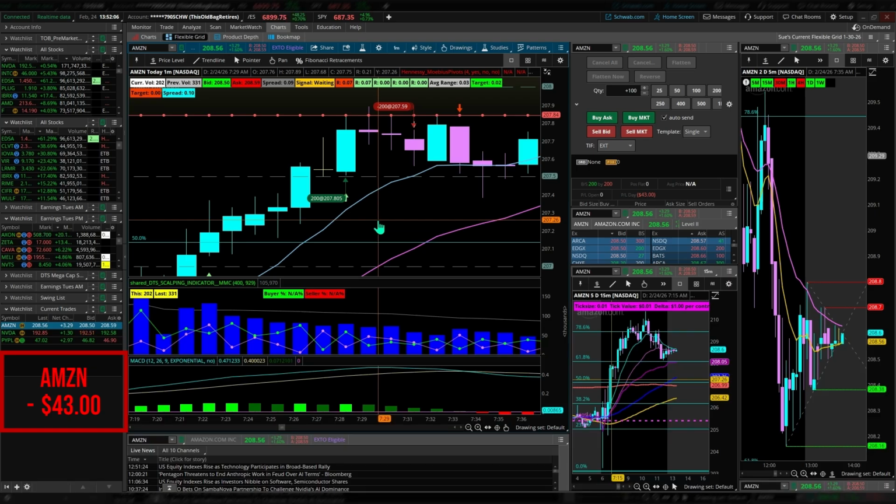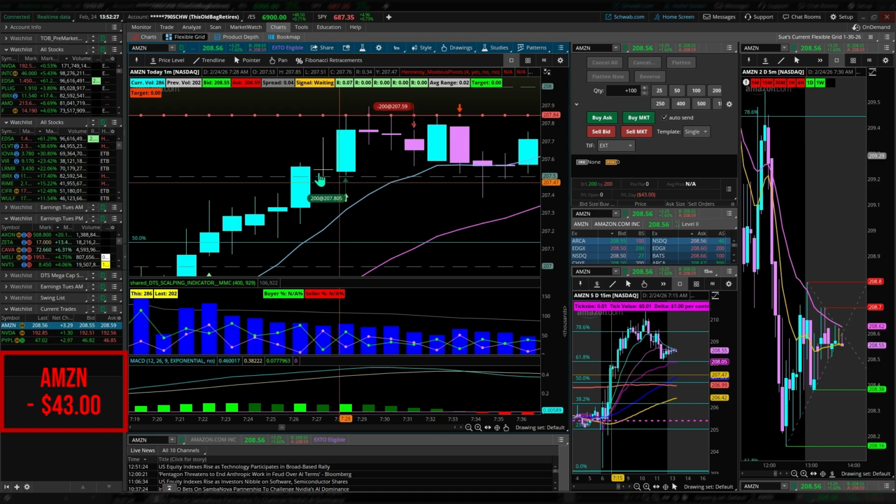So I look over at my right monitor and it looks like this that you're looking at right here. And I see that I'm in 200 shares of Amazon. First of all, I don't normally trade Amazon, and when I do trade Amazon, I'm not trading 200 shares. So obviously, right over here, I had 200 plugged in, just sitting there for no reason. No, I'm not trading today, right? So I'm like, oh shoot, I'm in this trade.